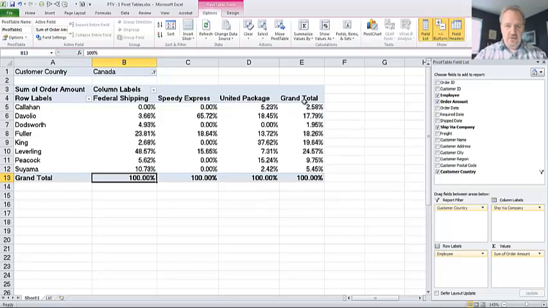Of all the orders, regardless of the shipping method, Callahan makes up 2.58% of all of the orders. Of the federal shipping, he makes up 0%. None of his orders went through federal shipping. Of all of the federal shipping orders, you can see the majority comes from Leverling here. So be careful that you understand what the statistics are actually trying to show you. In this case, look at the 100%, and that indicates the direction that this